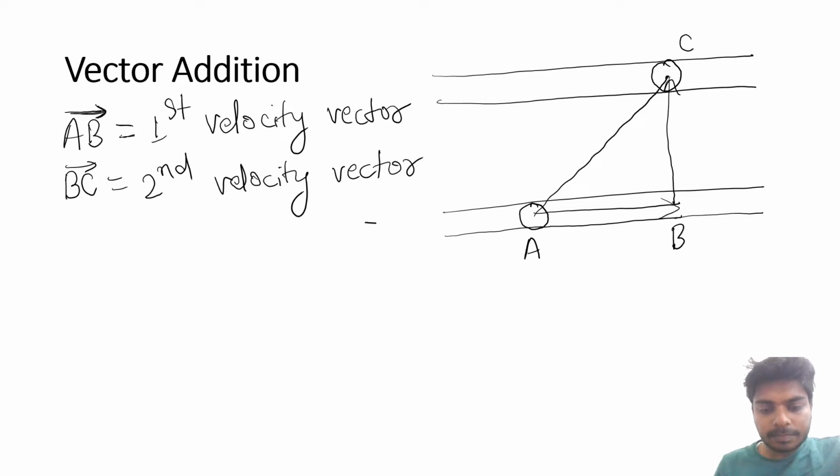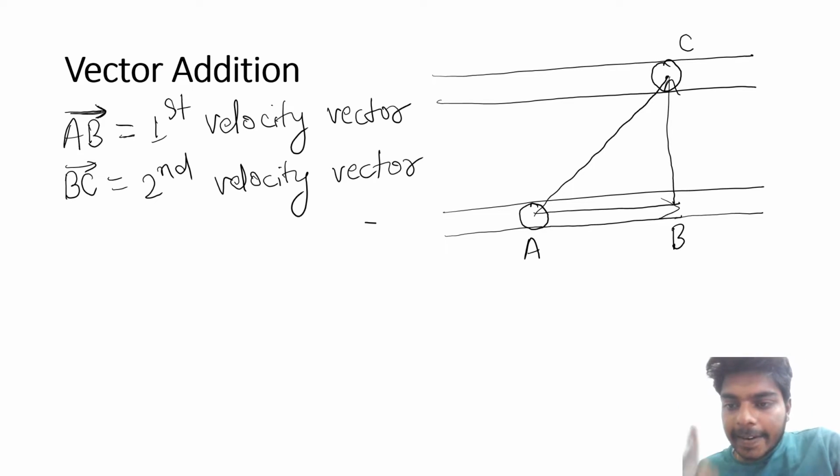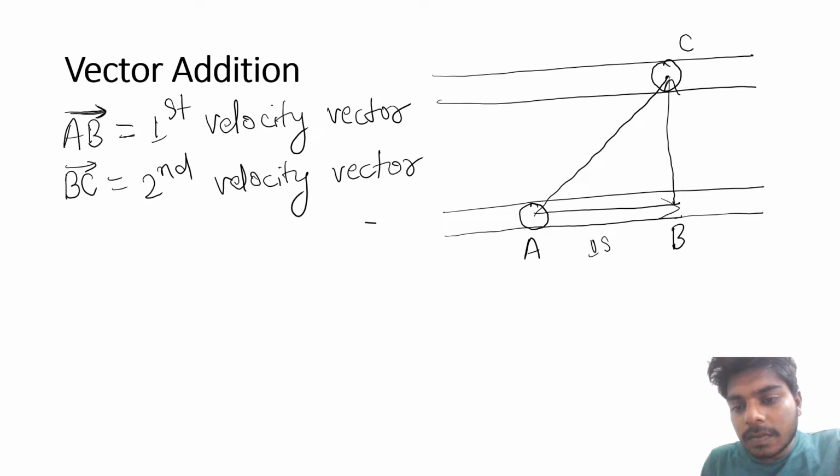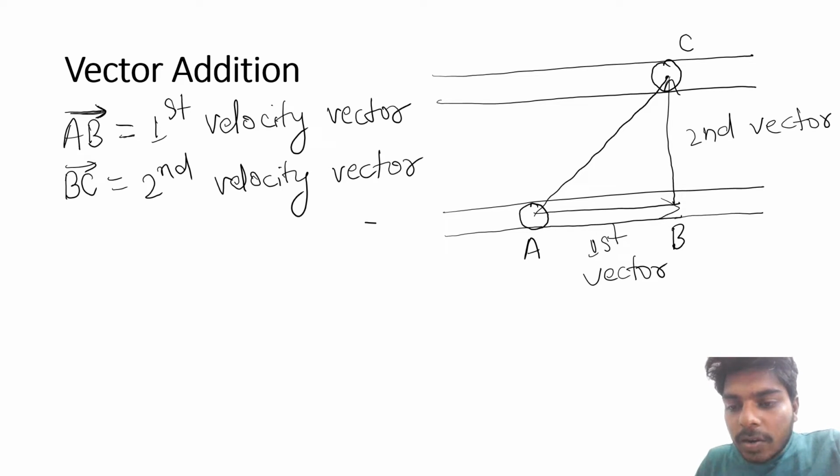Okay, so you can see the head of the first vector. What we have to do for triangle vector addition, the triangle rule of addition: the head of the first vector, this is the first vector, and this is the second vector. The head of the first vector should be joined with the tail of the second vector,